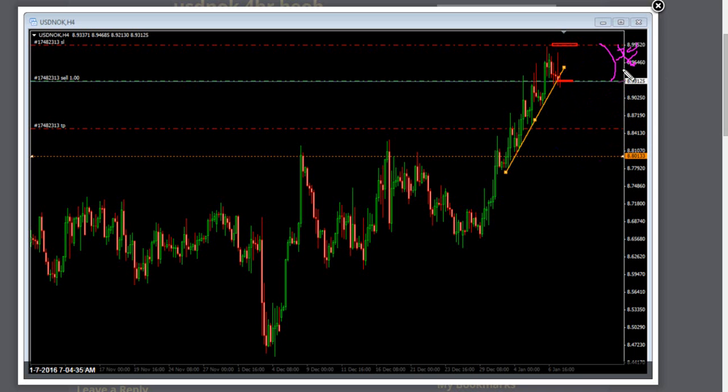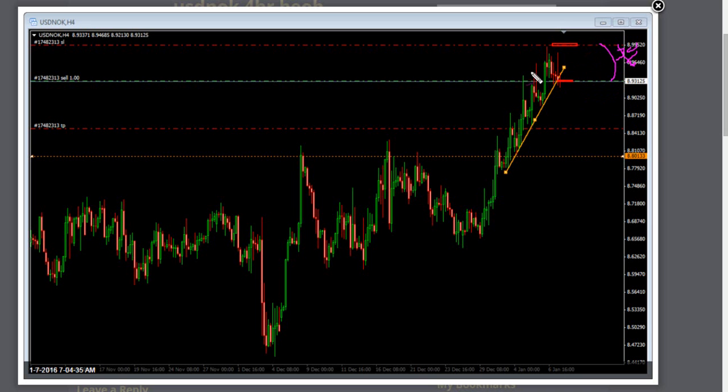So again, I'm not going to send out risk of what I'm taking, because I don't want that responsibility of what you do with this information. Again, it's educational, it's an idea, and it's just what I'm doing. So again, it's important that you guys understand that. So again, this gets me my initial position size here.